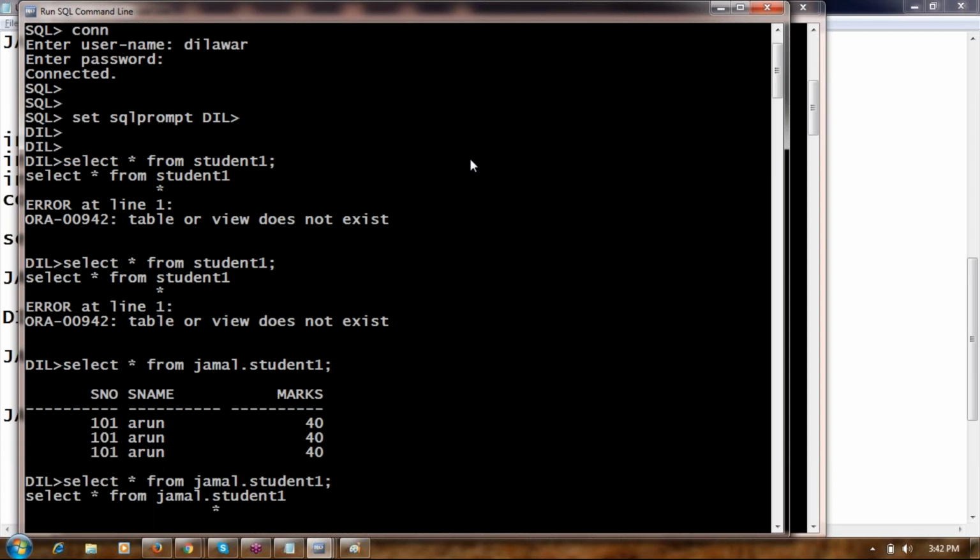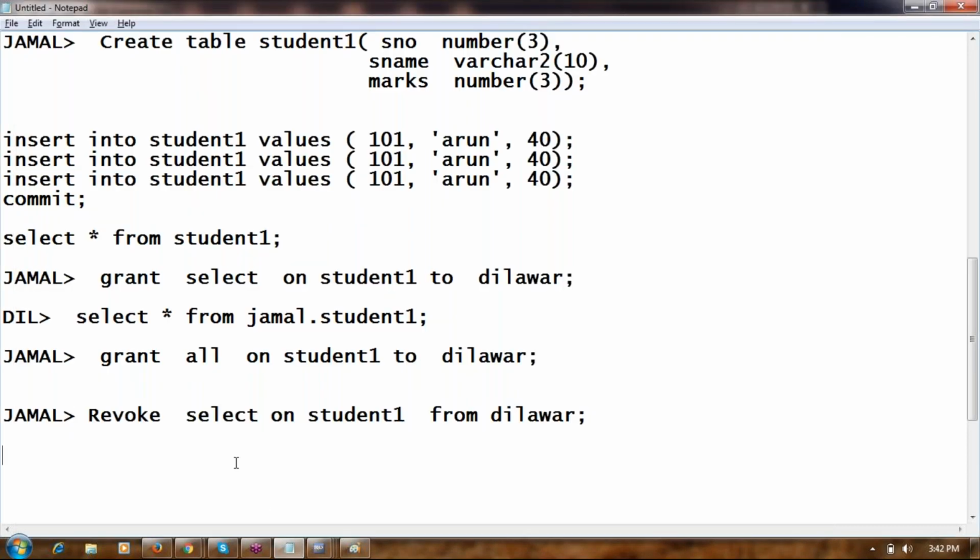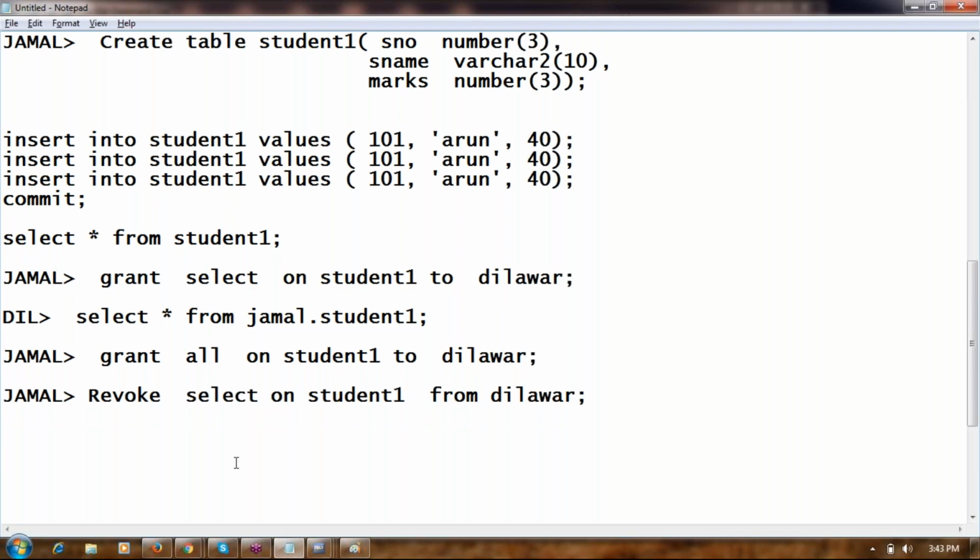Is this clear how you are able to control which user should be able to access which data? That's why they are called data control language commands. Using grant and revoke, you are controlling which table should be accessed by which user and which should not be accessed. You are controlling the data. Do we have to commit? No. Like DDL commands, data control language commands are also in auto commit mode. You don't need to commit grant and revoke. This is about data control language, grant and revoke.